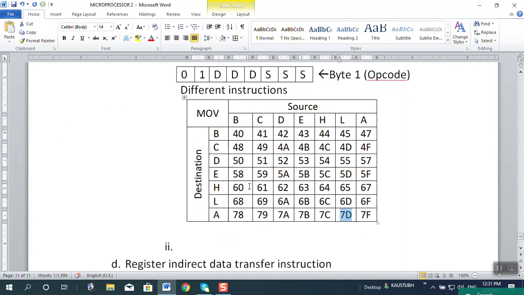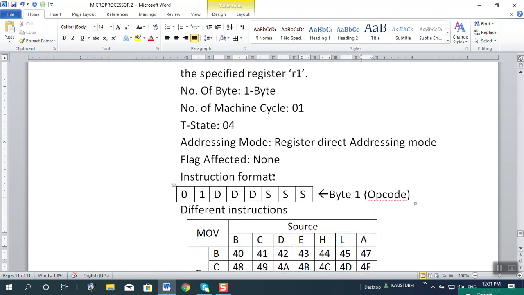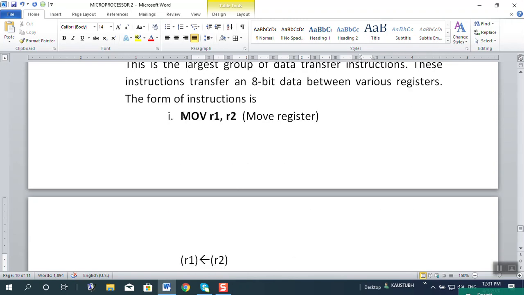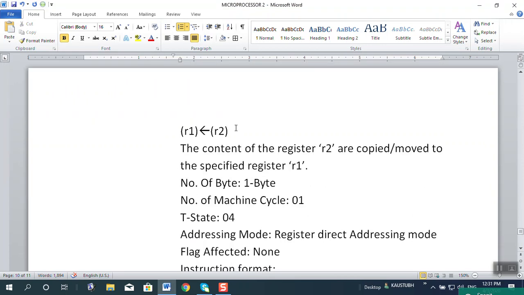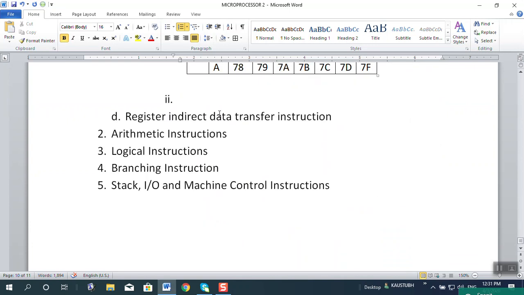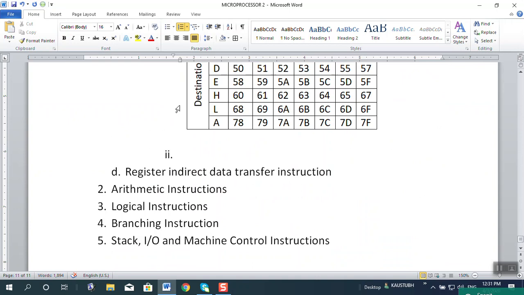So likewise, you see there are 14 instructions: 1, 2, 3, 4, 5, 6, 7, and 7. Total of 49 instructions. So this is the largest number of instructions, but you need to remember only move R1, R2, and you need to understand that this R1, R2 can be any of the registers A, B, C, D, E, H, L. Okay. Now the next category of instruction is